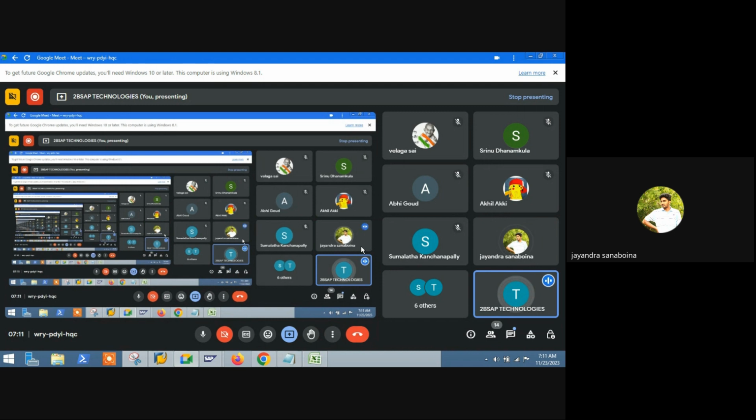Then the functional person will check whether it is working fine or not. He won't check the entire thing, he will just check the basic processes. And then he will move it to quality, where quality will do thorough testing. Okay? Next one is going to be your